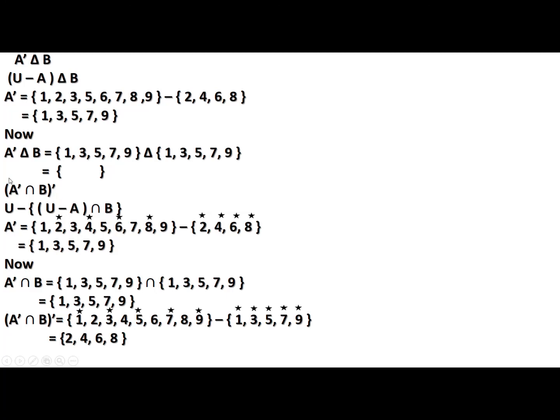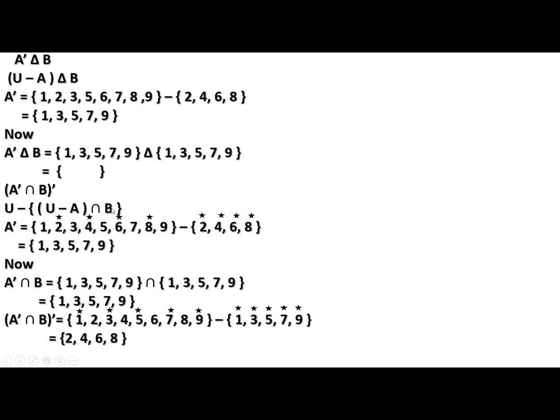Always, anything which is inside the bracket, we have to solve first. So first U minus A complement we have to solve. So first we'll write the elements of A. What are the elements of U? 1, 2, 3, 4, 5, 6, 7, 8, 9. Difference 2, 4, 6, 8. What we learned: the set containing those elements that are in U but not in set A. So see here, 2 is in set A, 4 is in set A, 6 is in set A, 8 is in set A. So what are the elements left? 1, 3, 5, 7 and 9. These elements we cannot find in set A. So now U minus A we've solved.